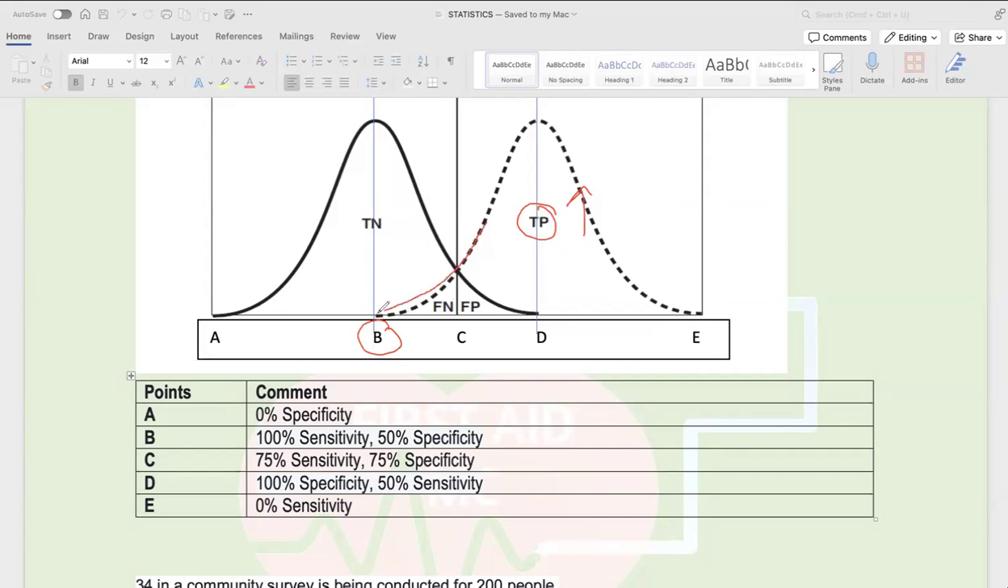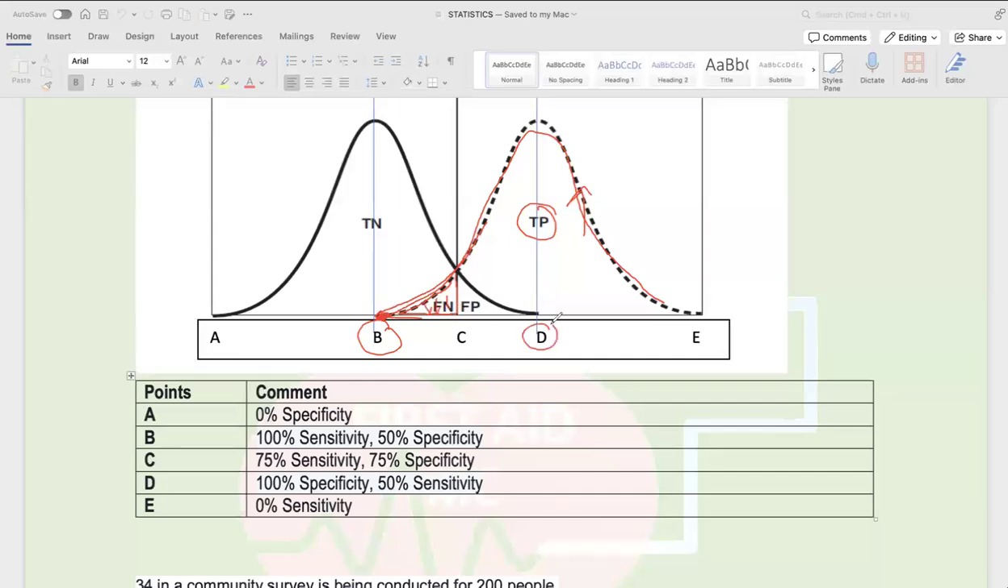So we can understand that this is the point where there is no false negativity. So this point has everything true positive. Okay? Because false negativity is this bit. But at this point, there is no false negativity, right? So point B has the highest sensitivity,